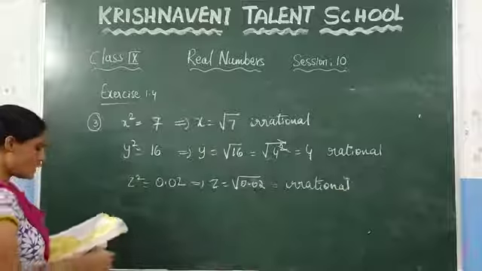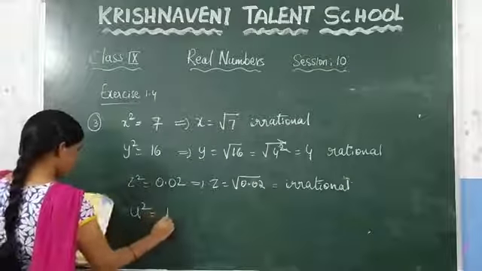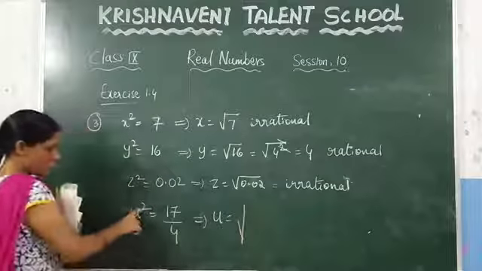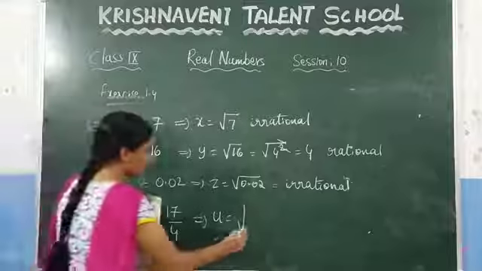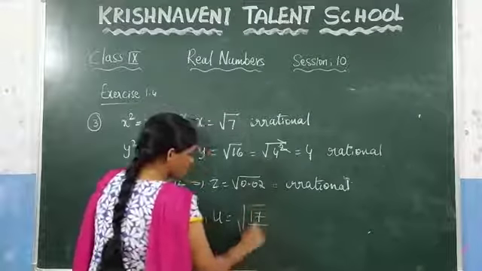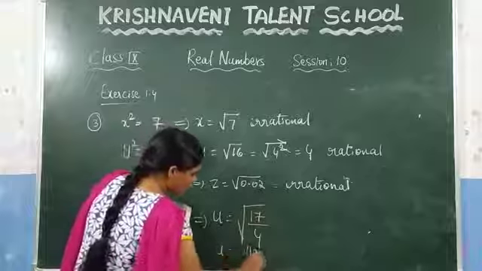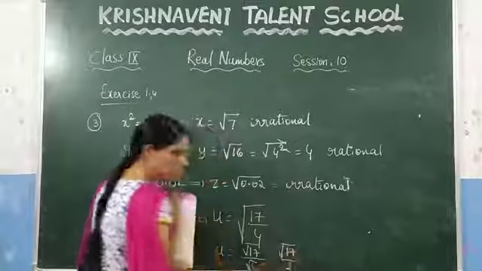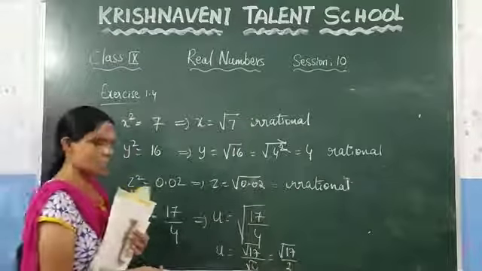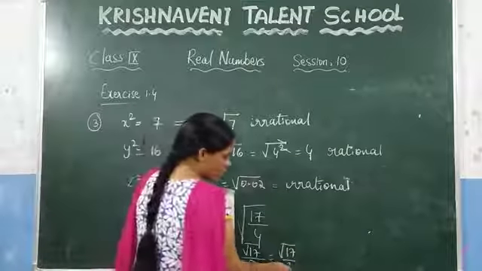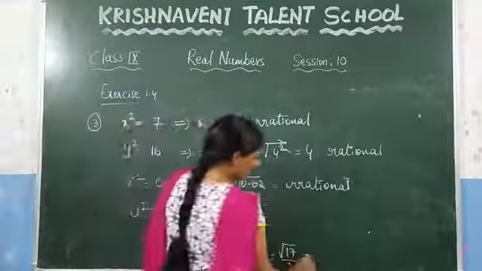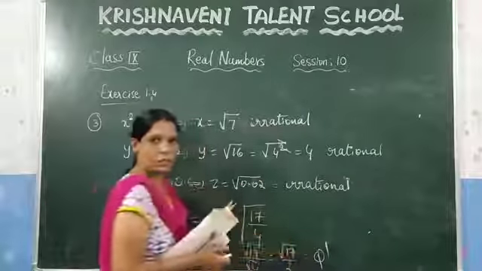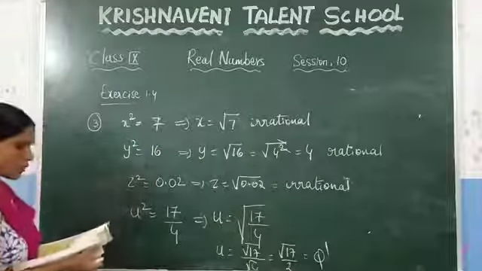And after that the next question, u square is equal to 17 by 4. Here you need to find the value of u, so the square goes to the right hand side and it becomes root. You will get root of 17 by 4. And this you can write as root 17 by root 4. And what is the value of root 4, which is nothing but 2. You know that the square root of 4 is nothing but 2. And again here one is a rational number and the other is an irrational number. So you will get the result as an irrational number, and the irrational numbers are denoted by the letter Q dash.